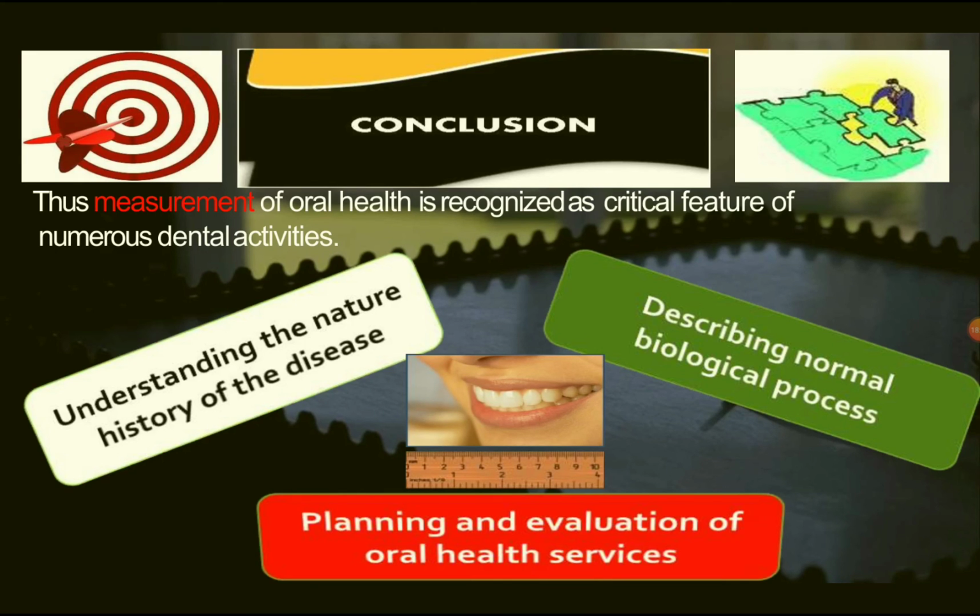So you can plan for an individual when the patient is coming to your clinic, and that is called the individual approach, or you can plan a program for a community where you're going to a field, so that all these things can be applied and a preventive program can be done so that the patient can be devoid of the condition. Indices play a very important role in the epidemiological aspect, where you can plan a program and show the condition the patient and the group of population are suffering with, and accordingly you can plan and evaluate a program so that the condition can be removed from the population.